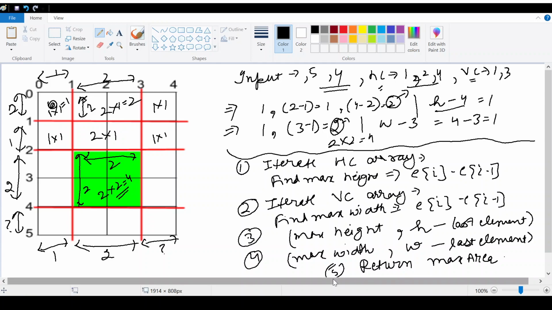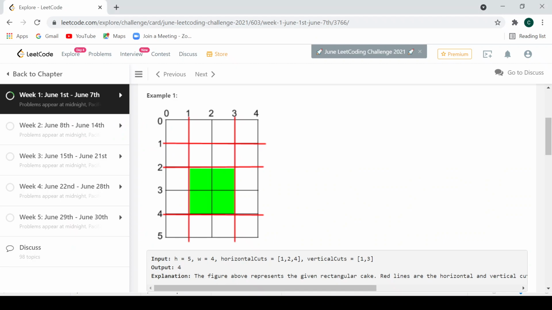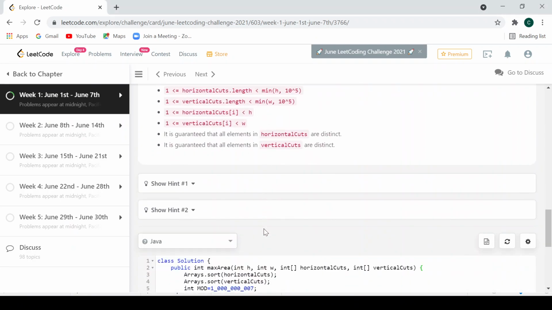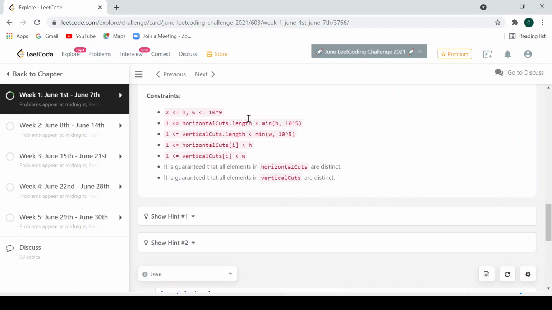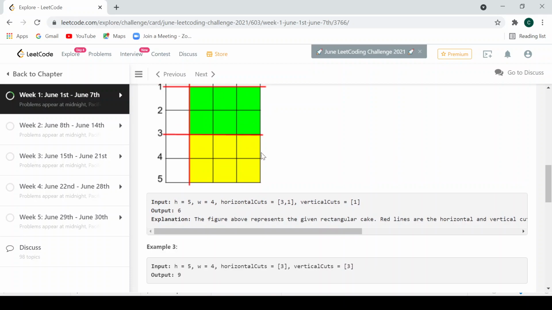So if I show you the code. Firstly we have to sort the array. We have to sort the array because in some inputs like this there can be an array with descending order like 3 comma 1, so we have to sort the array so that we can get 1 comma 3.